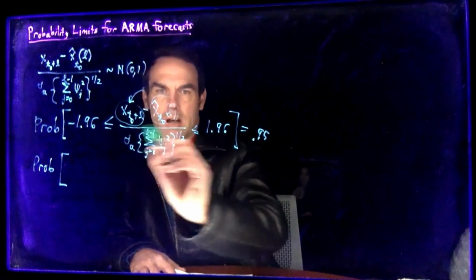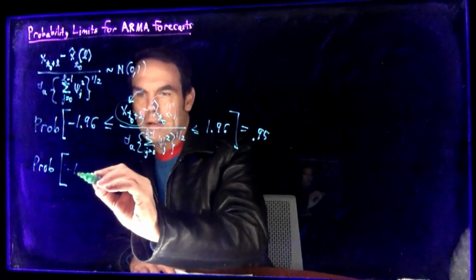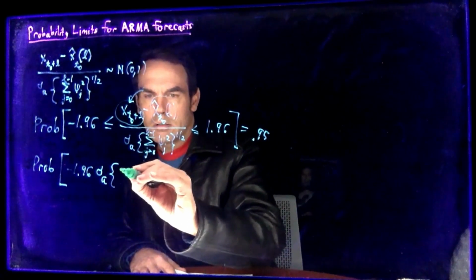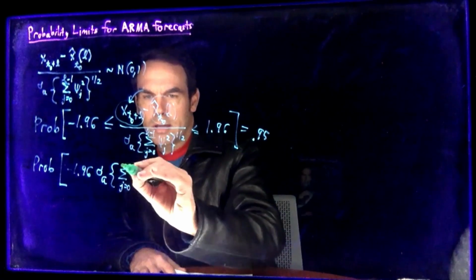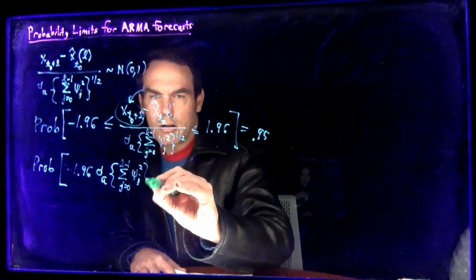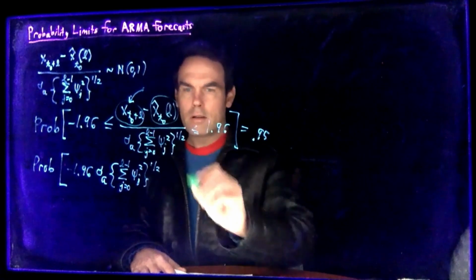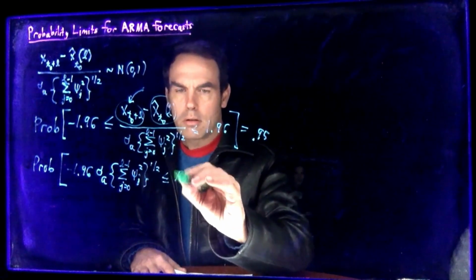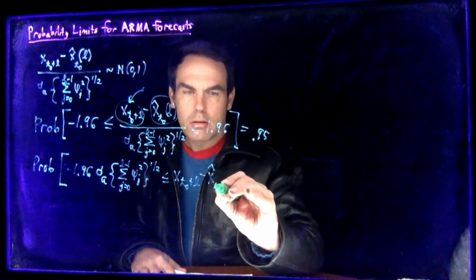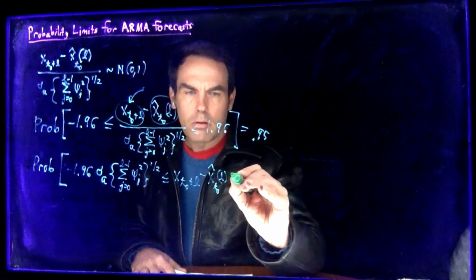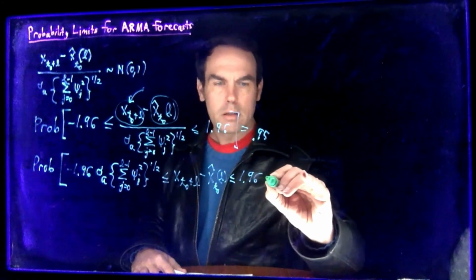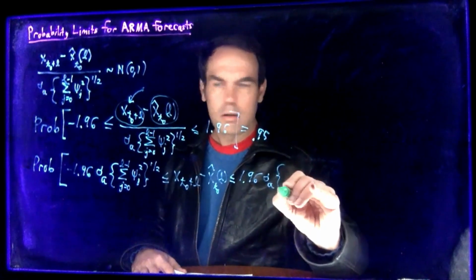let's multiply by this denominator on both sides. So that's going to look like negative 1.96 times sigma A times the sum from j equals 0 to L minus 1 of psi j squared raised to the 1/2 less than or equal to x of t naught plus L minus x hat of t naught of L less than or equal to positive 1.96 times sigma A times